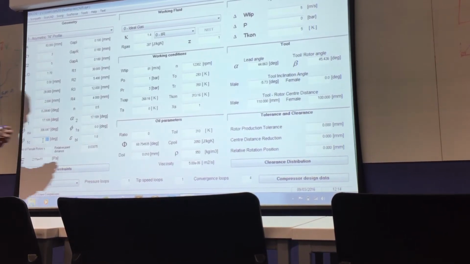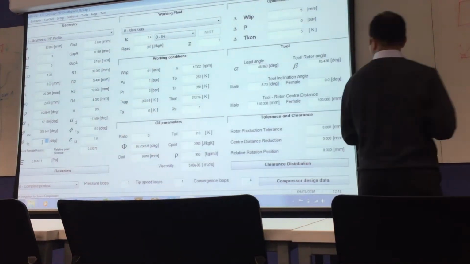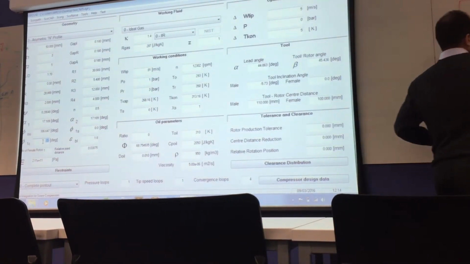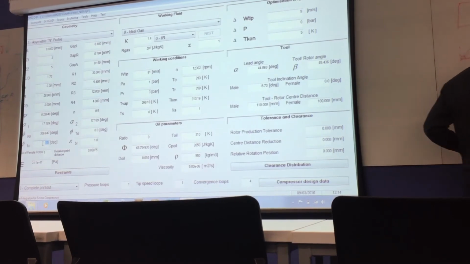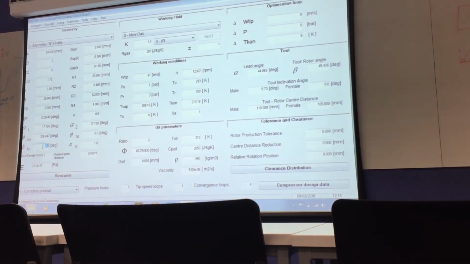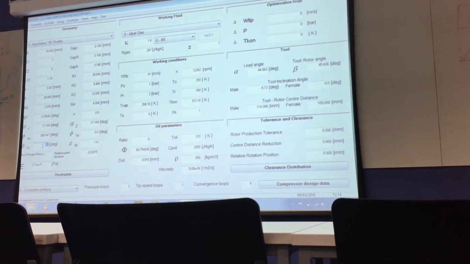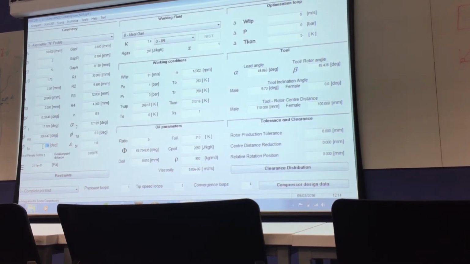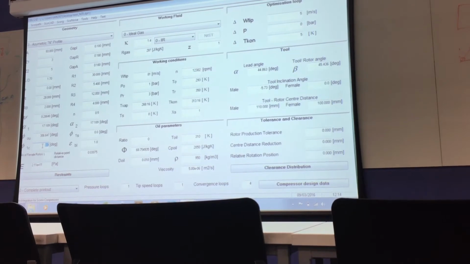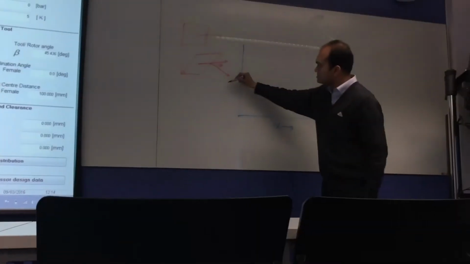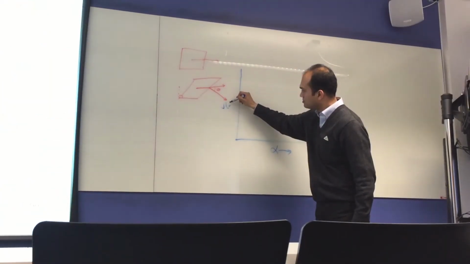And how the definition is: this is rotation of the male rotor, and this is volume in meter cube.